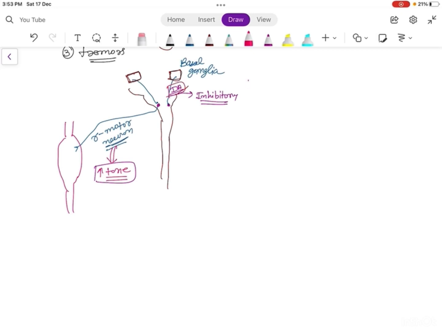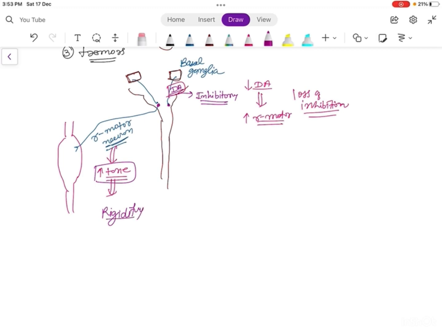So the decreased dopamine level will increase the activity of the gamma motor neuron, or you can say there will be loss of inhibition of the gamma motor neuron, and that will lead to increased tone of the muscle, and that will cause the rigidity,